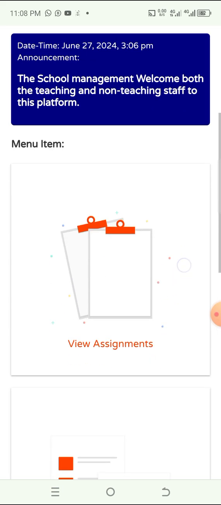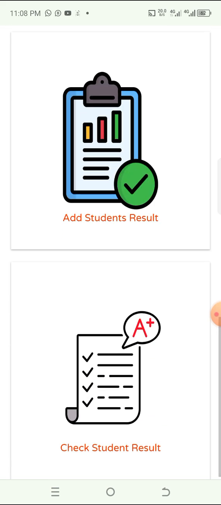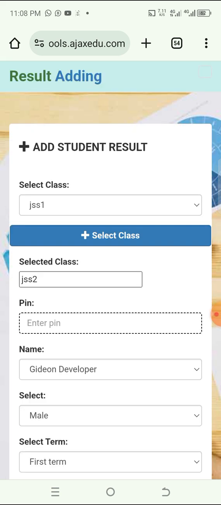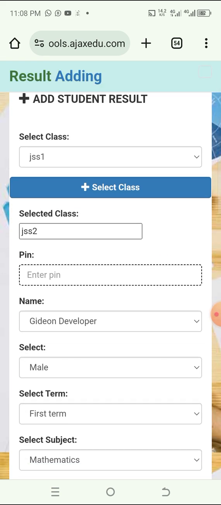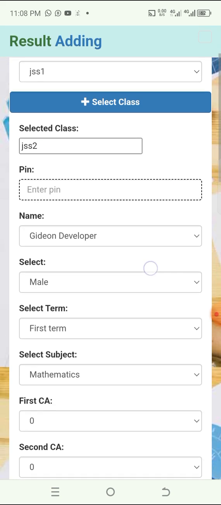This teacher's dashboard again. Now let's see how a teacher can also add the student results. Go to the student results. I think currently we have students in JSS1 that we have added. Is it JSS1 or JSS2? Can't really see. Let's go to JSS2 and see if we have students in JSS2. Add classes. Okay. Now in this class, yes, we have students here now.